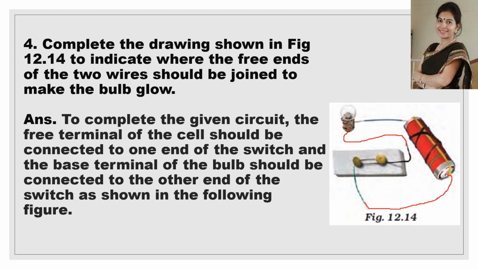So we have connected the free end of the cell to the switch, and the base terminal of the bulb should be connected to the other end of the switch. And I have connected this base terminal to the switch.